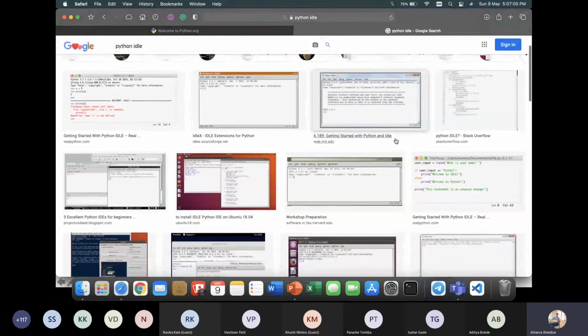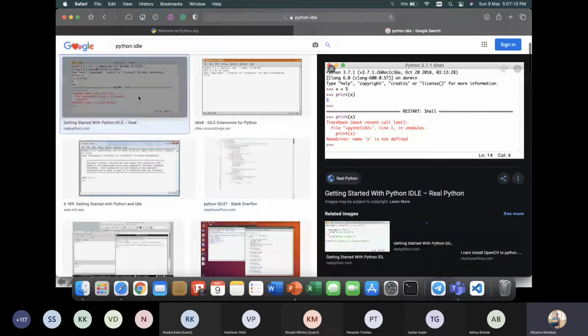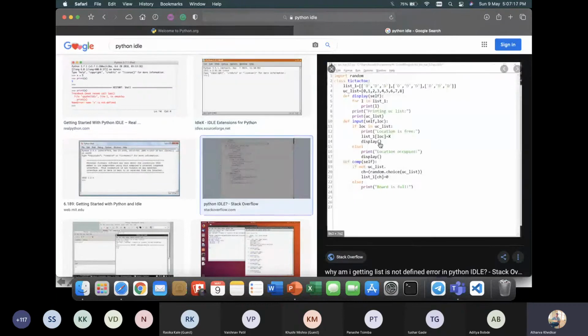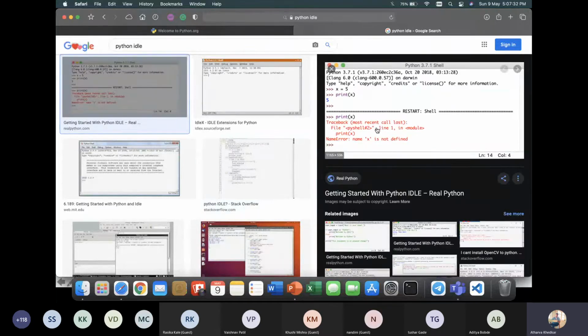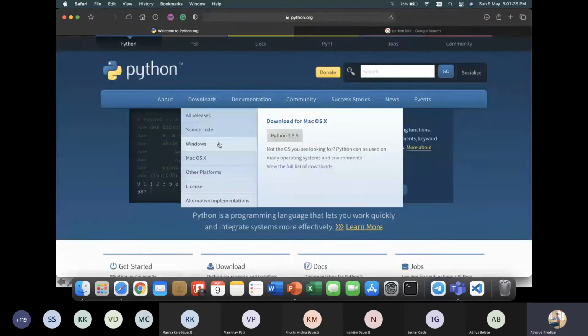And what it looks like is this. So you have this kind of terminal where you can write Python, and for scripting, you have something like this. It's just like a normal text editor. So you have these things pre-installed when you download Python from python.org, and here you can then run, and it will show your output in this shell. So that's how Python IDLE works, but I don't like that one.